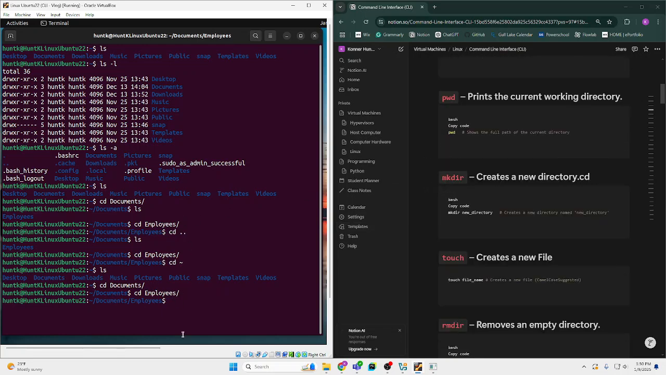And now demonstrate two more. First one being print working directory, or pwd, which will print the current directory you are in, home, user, documents, and then whatever you're in. And then let's try a different one. As you can see, there's currently nothing in employees, but if we use the